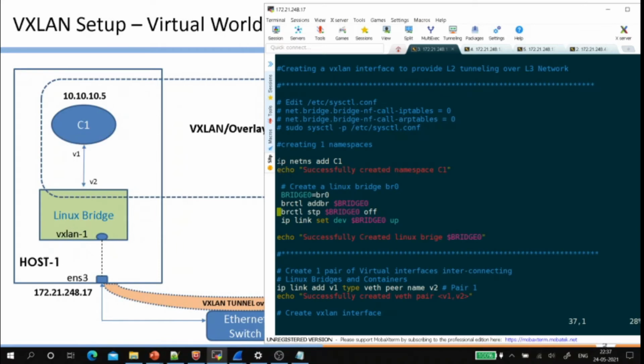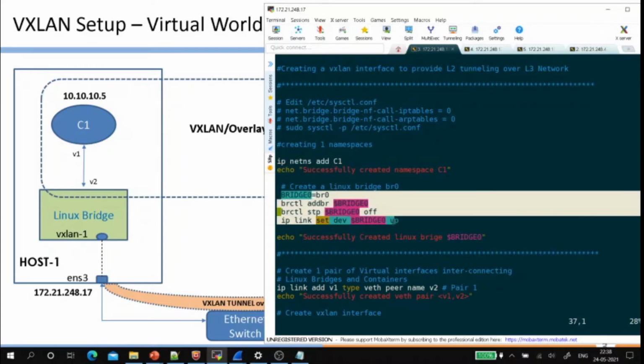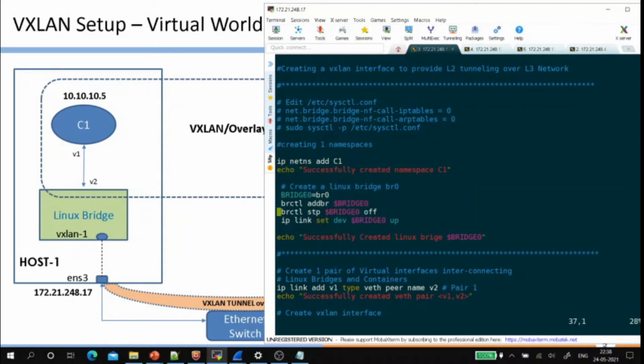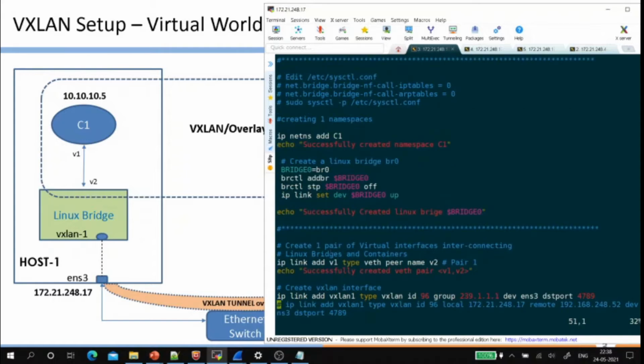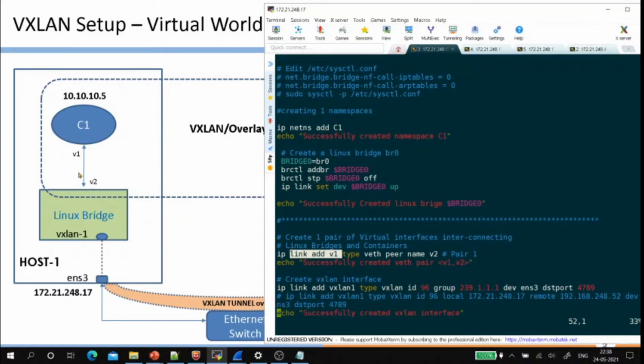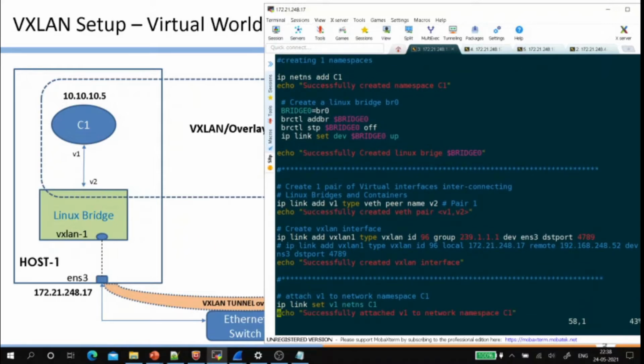To start with, we have the ip netns add command to create a microcontainer, and we use brctl commands to set up this bridge, and we have the ip link add command to create a virtual Ethernet pair. Also, we use the same ip link add command to create a VXLAN interface.